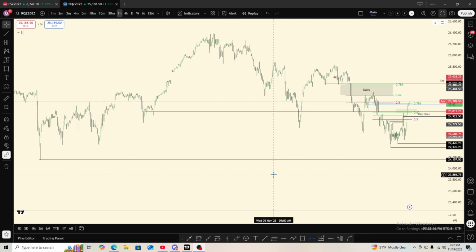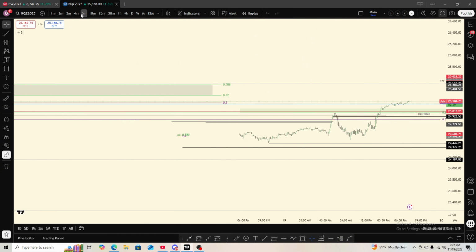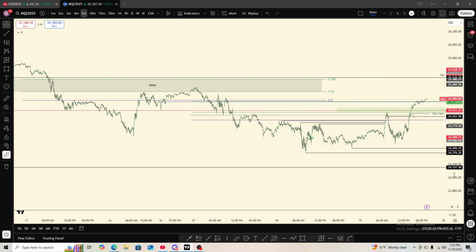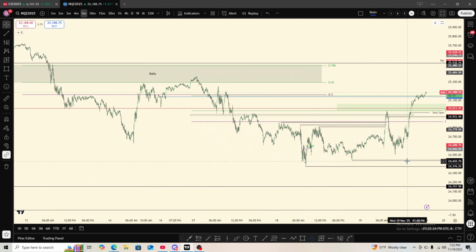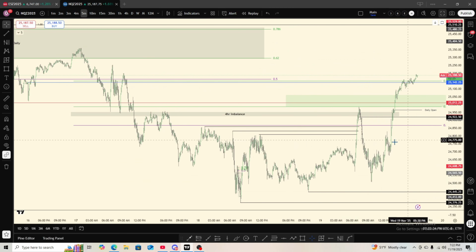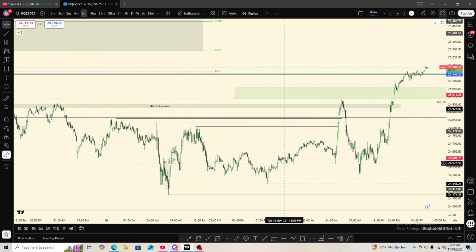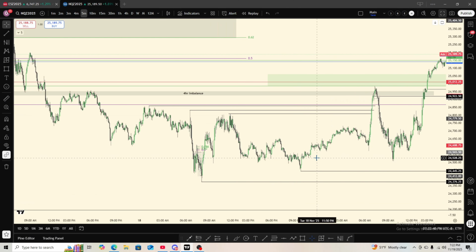But yeah, so if that's my true draw for the day, let's talk about the internal structure that I want to see play out for that low to get swept. I did call the structure to the T the night before. So let's talk about how I was reading it and how I was able to call it, so you guys can do the same. So before I went to bed, around right here, like 11:20 p.m. PST, so not EST,